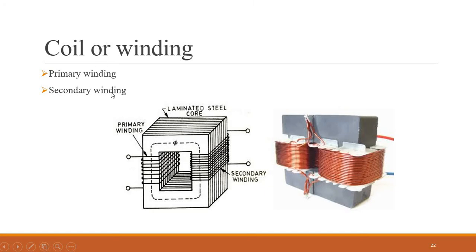Next is the winding or coil. The winding is wound over this core. This is the core, shown over here. You can see here, this is the coil which is wound over this core. Here an insulation is provided. Also, each conductor in the coil is insulated. So this coil is insulated. It is an enamel coil, so over the entire length of the conductor, insulation is provided.